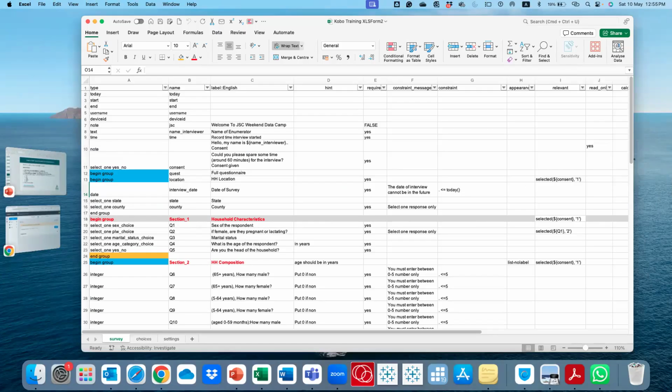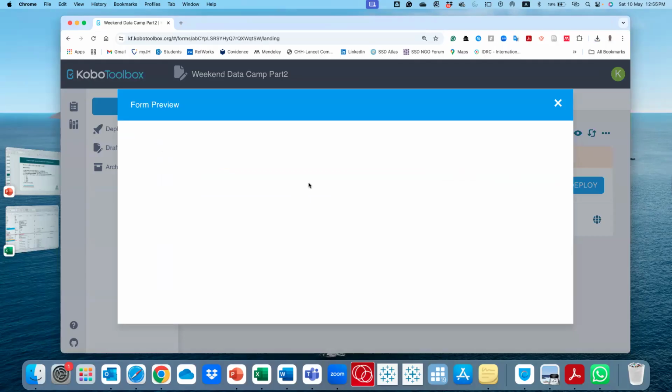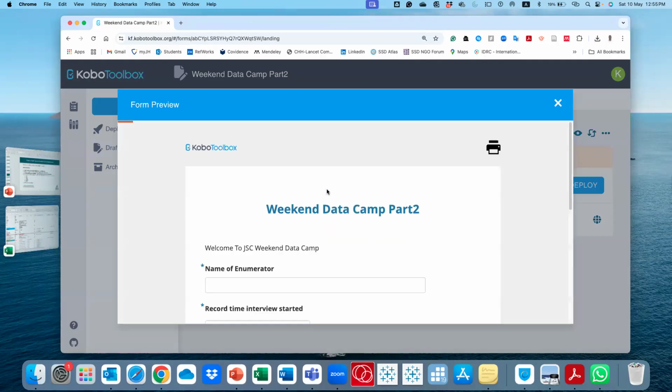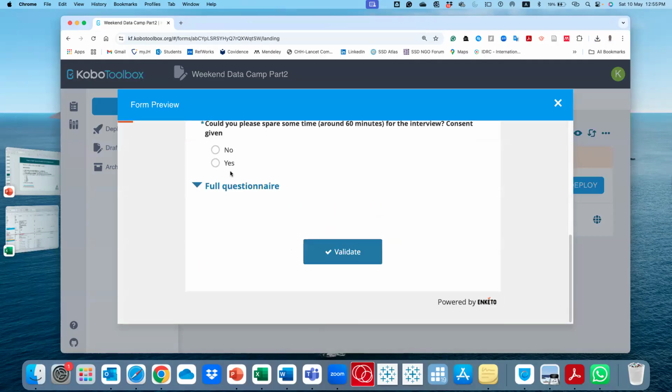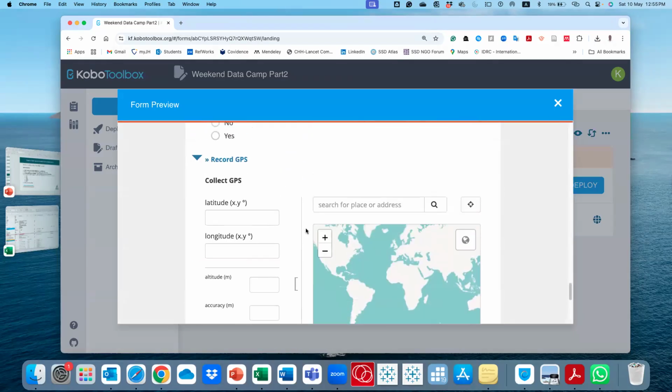Kamish, there is a quick question here: what if the address is not known? How do you enter the GPS manually? Good question. Usually it allows, if you go here, you can see that it's writing detect current location.